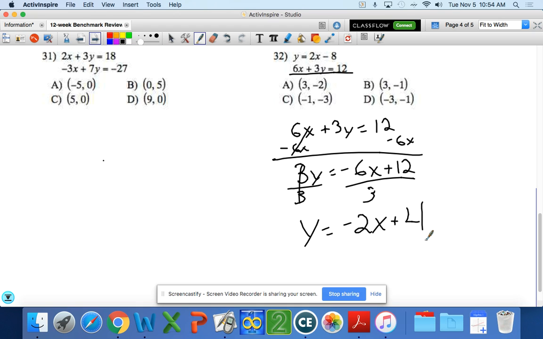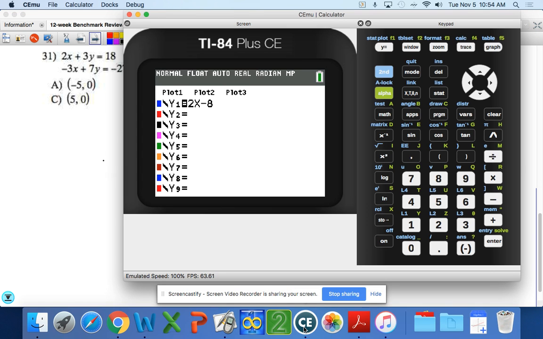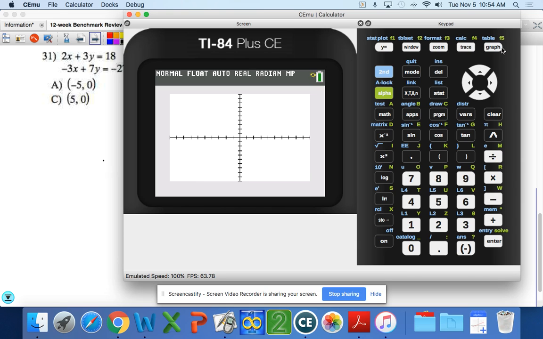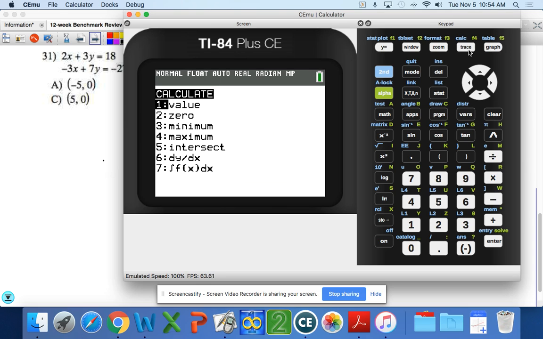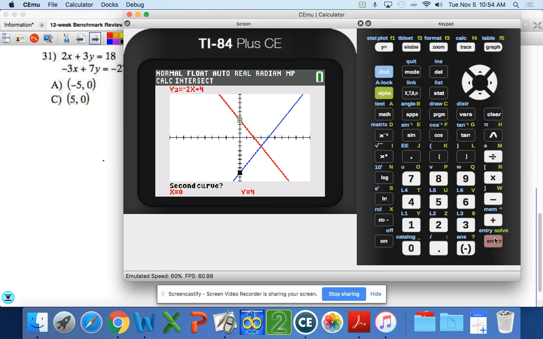Okay. This should be your second equation. So, negative 2x plus 4, and again, we are looking for an intersection point. Here comes line number 1. And here comes line number 2. They cross right here. You can eyeball it, 1, 2, 3, maybe negative 2-ish. But why leave it up to chance? Just hit second trace, number 5, enter, enter, enter,